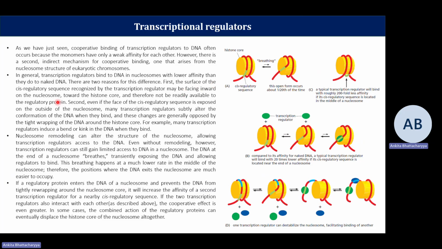First, the surface of the cis-regulatory sequence, which is recognized by the transcriptional regulator, might be facing inward. So the transcription factor is not able to find its motif, and therefore it's not able to bind, because the motif has bent in a way such that it is now facing the histone core and is no longer accessible. That's one possibility. Second, even if the face of the cis sequence is exposed on the outside, many regulators subtly alter the DNA conformation when they bind. And these changes